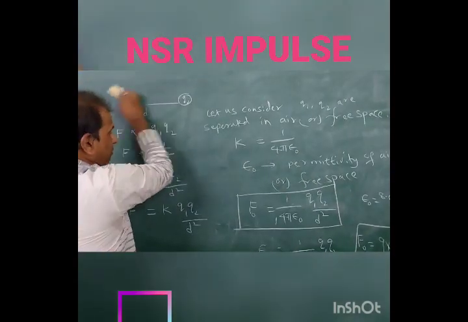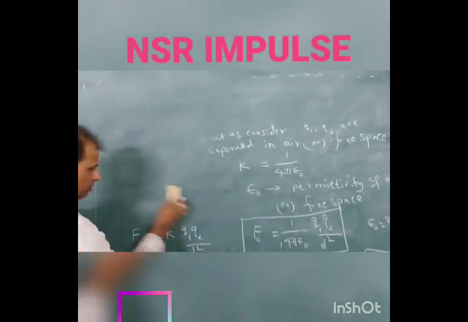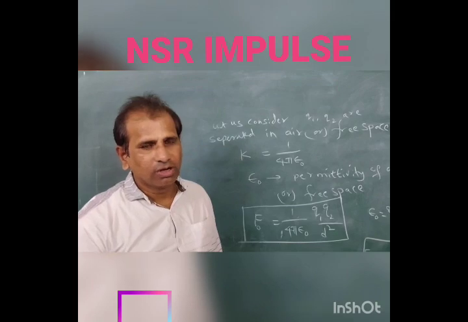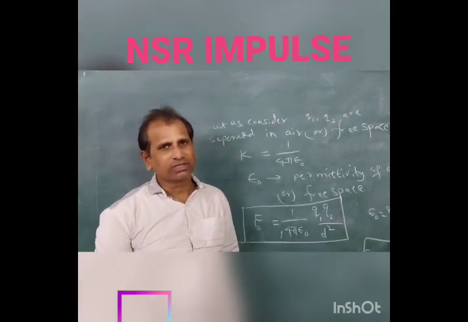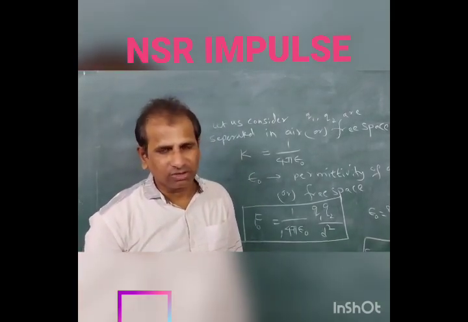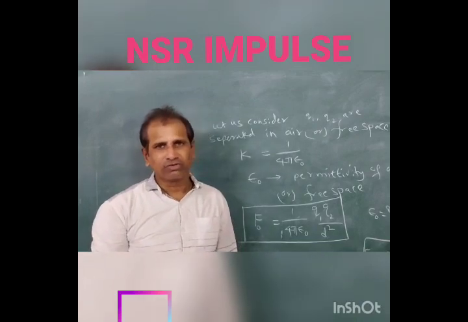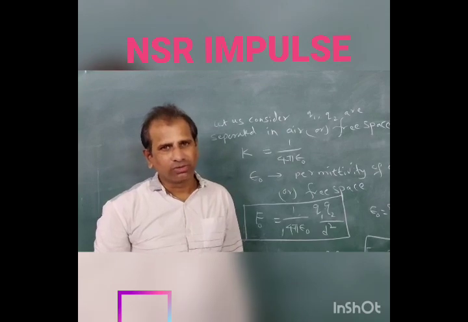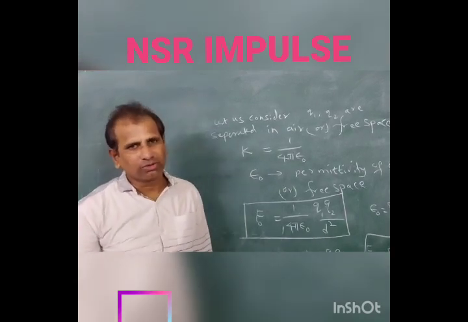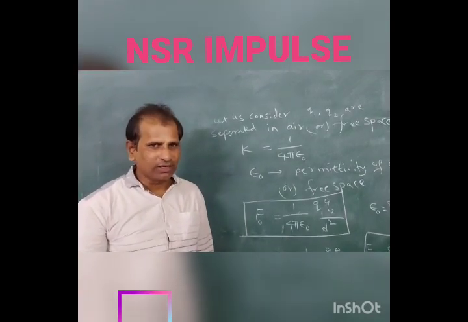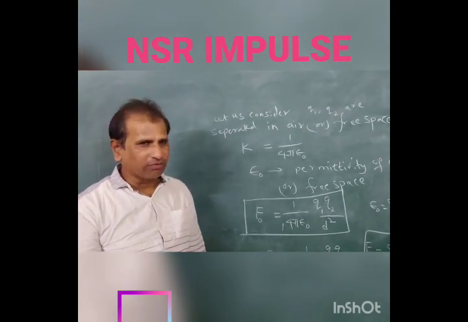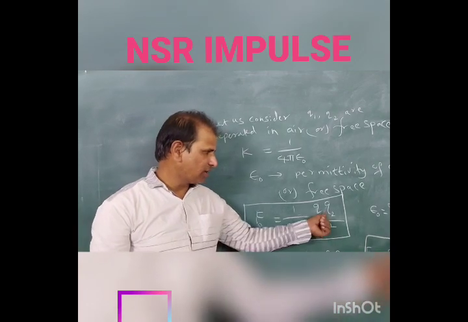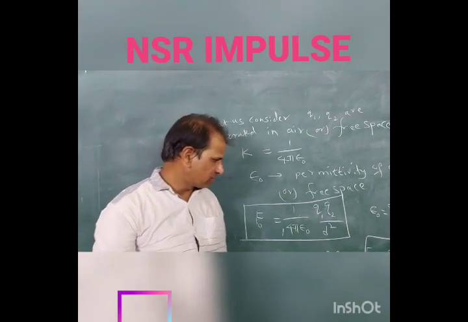This is about Coulomb's law. Force between the two charges is directly proportional to the product of the charges and inversely proportional to the square of the distance between them. So once we have defined it like that, we wrote that F is proportional to Q1 Q2 and F is proportional to 1 by d square. Then finally, we mentioned that in air or free space medium, F naught equal to 1 by 4 pi epsilon naught Q1 Q2 by d square.